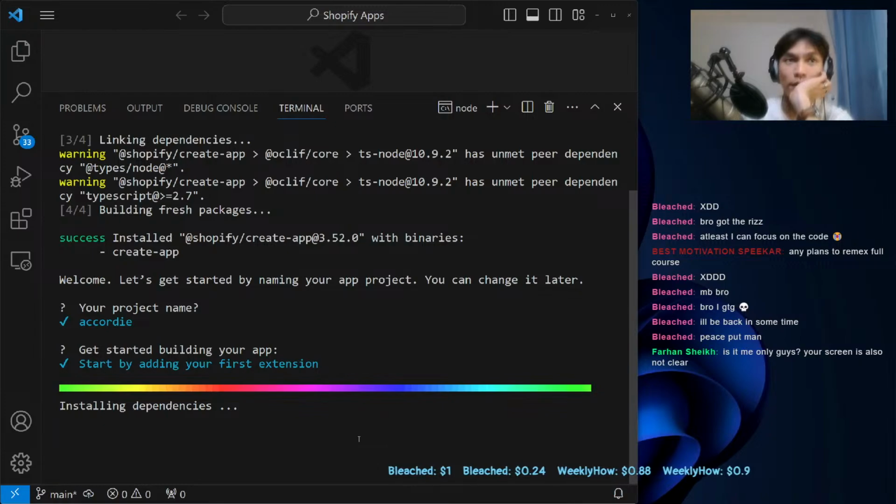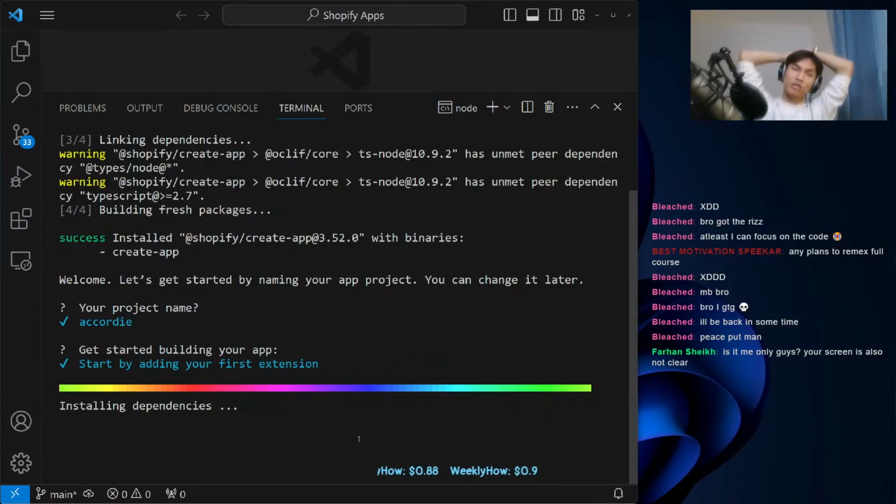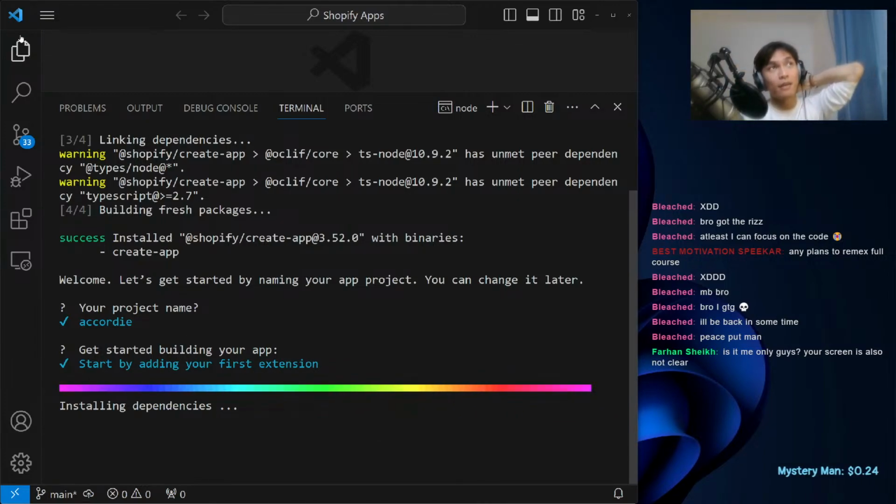So this is taking a while. So if you use a different project type, which is going to be non-Remix app, then it's installing all these dependencies, which I'm guessing